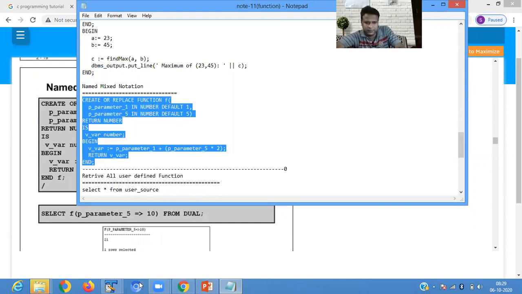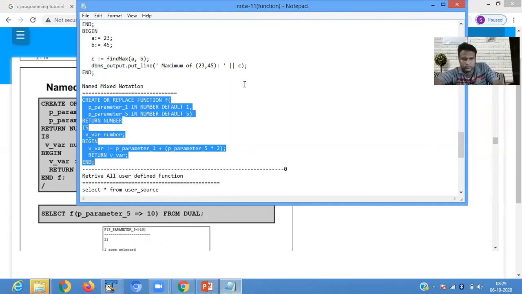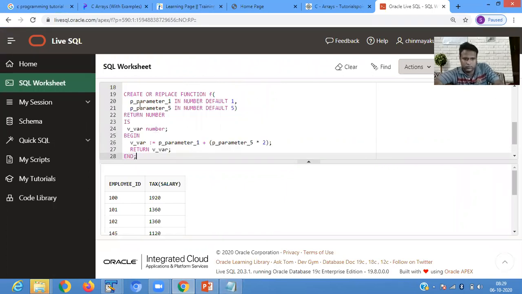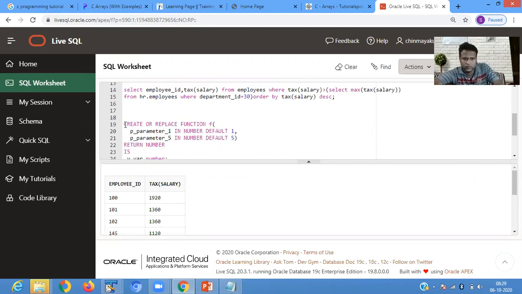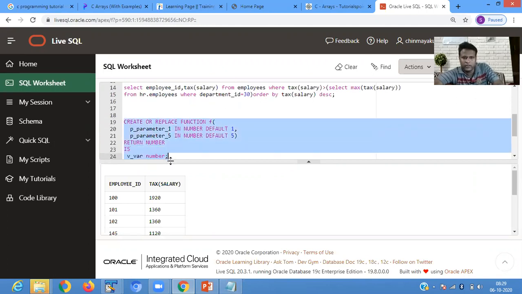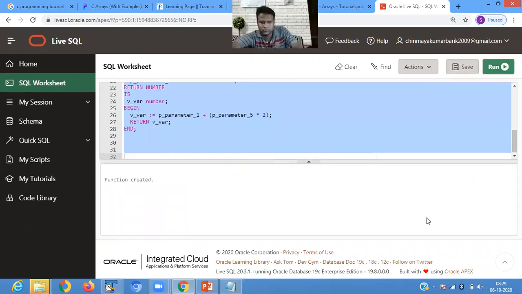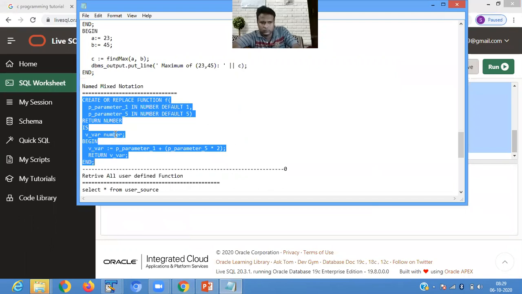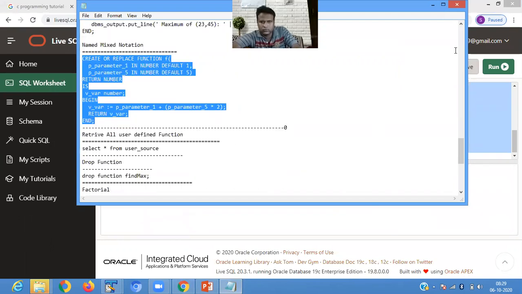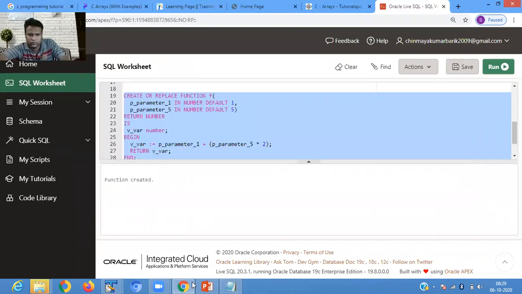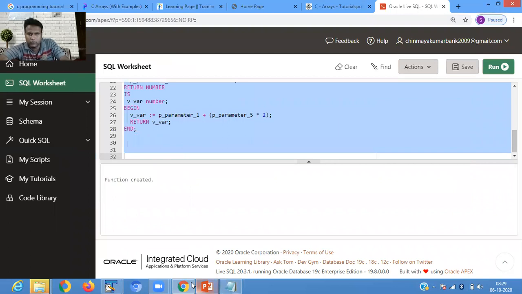This is the example. Then we are creating a function f. Now we are calling the function.